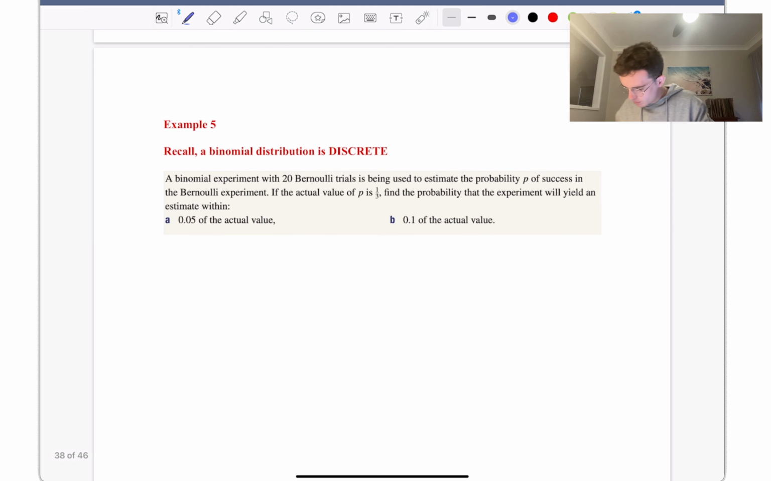Example number 5, what are we doing here? Recall that a binomial distribution is discrete. So a binomial experiment with 20 Bernoulli trials is being used to estimate the probability p of success in a Bernoulli experiment. If the actual value p is 1/3, find the probability the experiment would yield an estimate within 0.05 of the actual value. Okay, so the actual value is p = 0.333... and we want to know within 0.05 of that value, so p minus 0.05